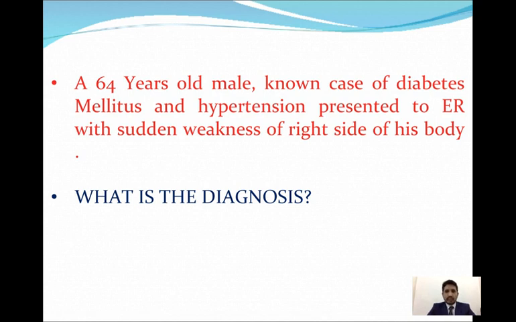First of all, there is a focal neurological deficit that is sudden in onset. Along with that, this patient has diabetes mellitus and hypertension. His age is 64 years and he is male. So, focal neurological deficit that develops suddenly, and the patient has the risk factors for development of stroke like diabetes mellitus, hypertension, old age, and male sex. So these are all the features that direct us towards the diagnosis of stroke.